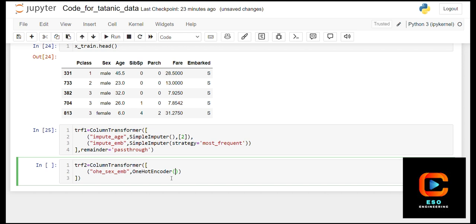For this we need sparse equal to false, handle unknown equal to ignore. For this we put the first one is 0 1 into 1 position, and the last one is 0 1 2 3 4 5 6, and the 6 ones. And we can also say that the remainder is equal to